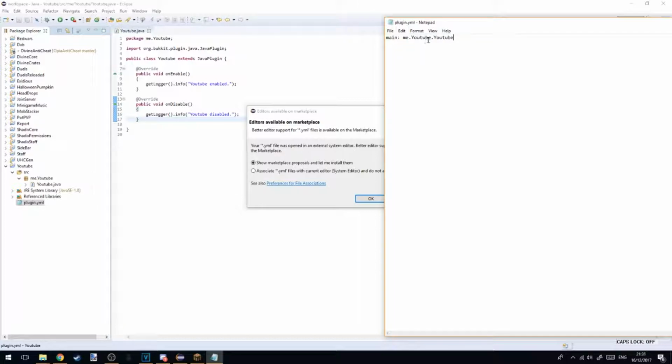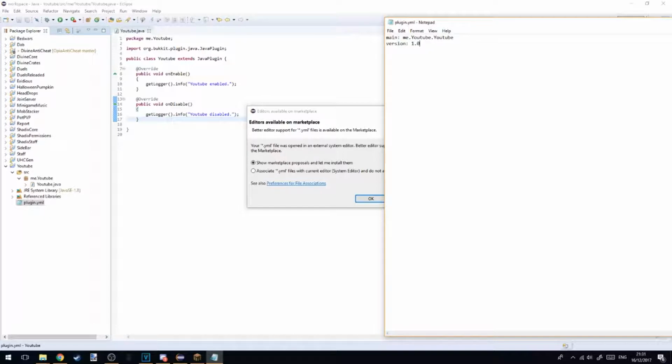What me.youtube looks for is, me is the first part of our path. The dot states, continue reading the name, but if it doesn't have that, then go next down. Because we have me.youtube as our package name, it searches me.youtube. Then the dot says, look across, there's nothing there, so go down and have a look what's inside the package, and it finds the class YouTube. Then that's it. Now you want to put version